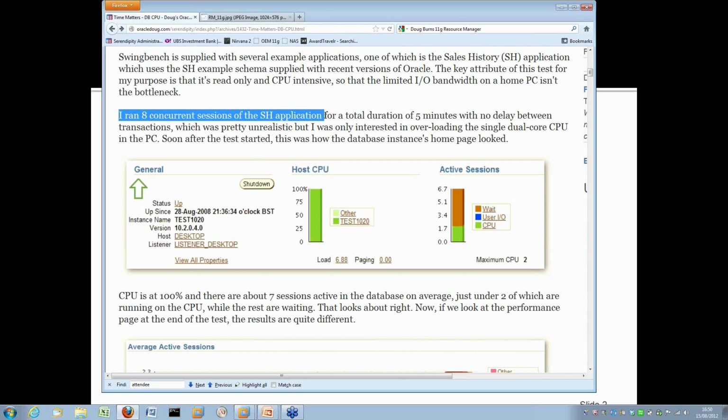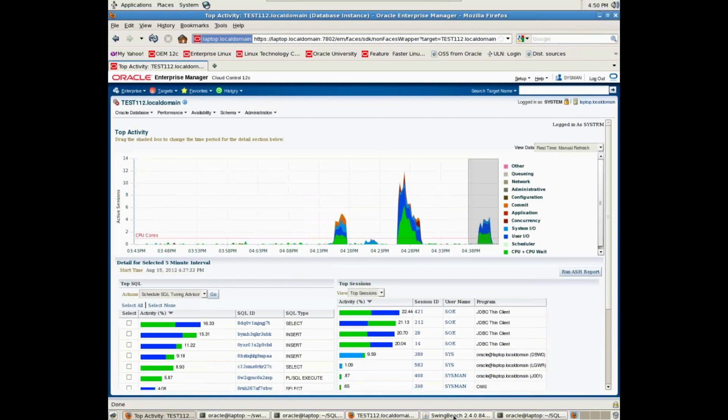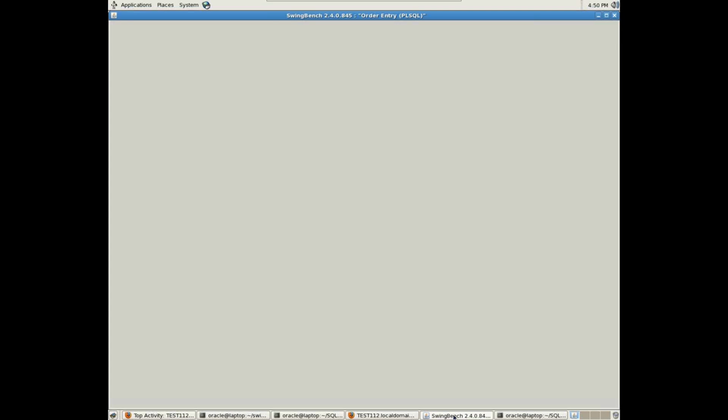Now, as I say, I taught lots of courses on the performance pages. I've done lots of conference presentations. And the SH application was always known to me as a CPU-intensive benchmark, right? So SOE and the Call Circle application were good for looking at I/O and commit and log file sync issues, but SH was really good for overloading the CPU, and that's why I was using it here. So one of the things I want to get across to you here is how useful